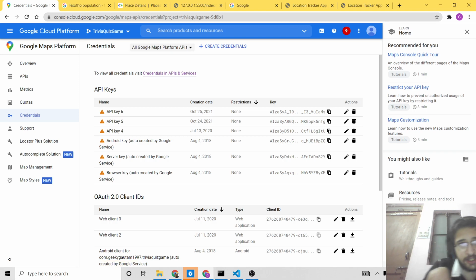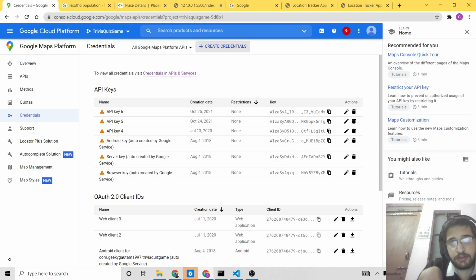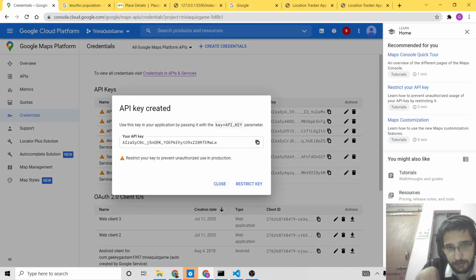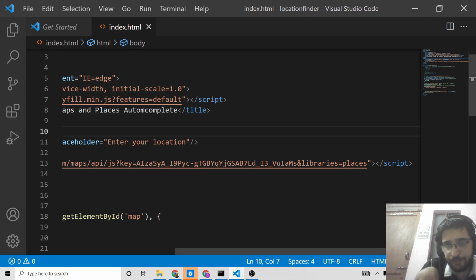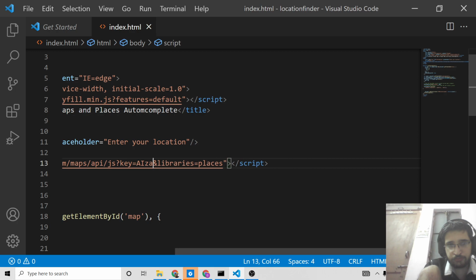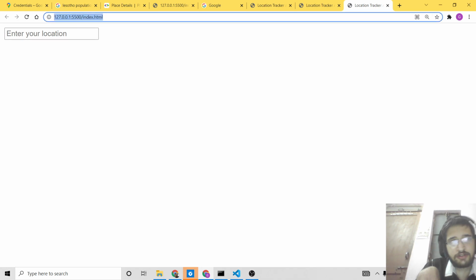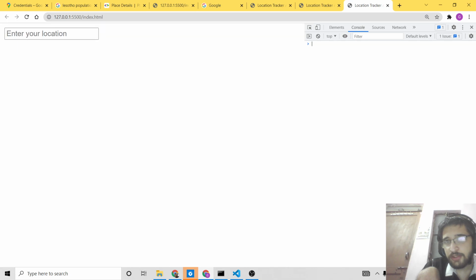Let me create credentials once again, create a brand new API key. Let me create it. So this is the API key here. So if I open this again here, why is it not opening here? Let me just see. If I go to console here,